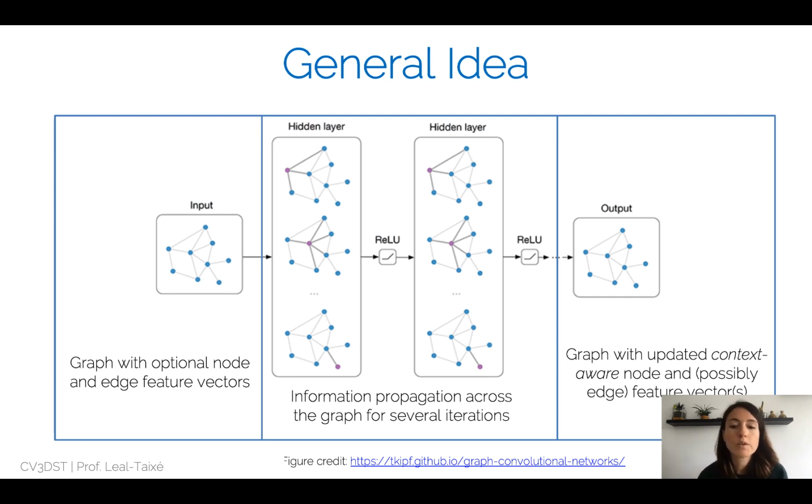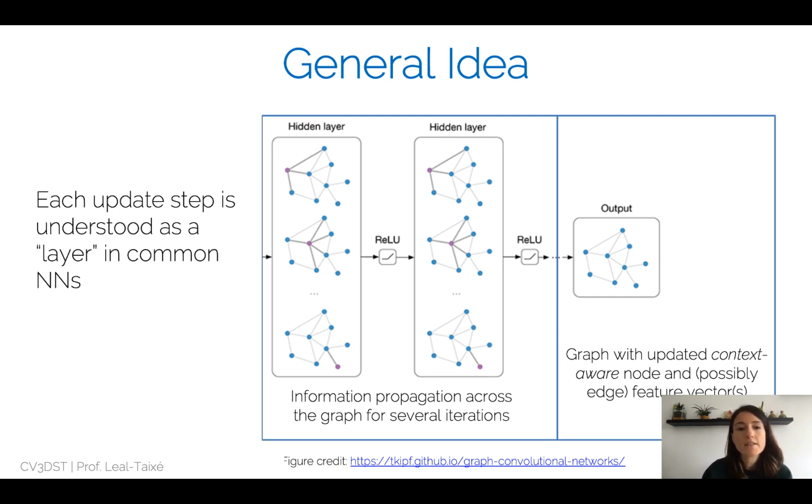Now, in the second step, we're going to perform a series of information propagation steps. And these are essentially separated into several iterations. The key idea here is that you can consider each update step, or each of these information propagation iterations, as a layer in common neural networks. So in the first hidden layer, and this is again not actually a layer as we understand in CNNs, but rather an information propagation step,